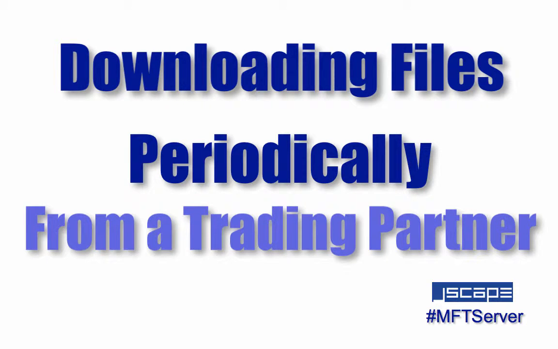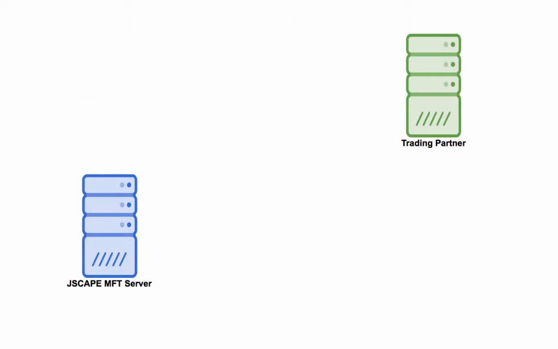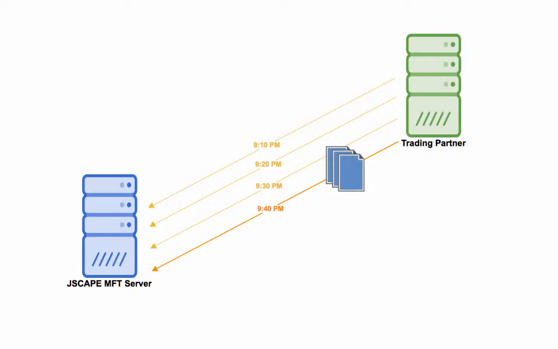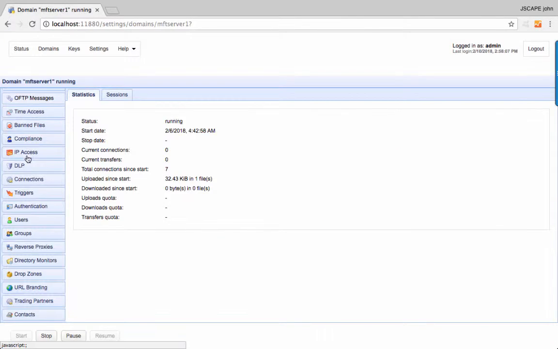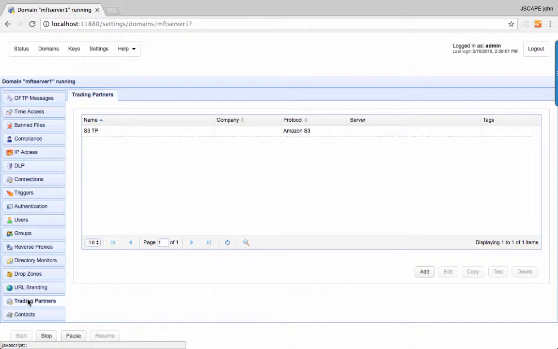In this video, we're going to show you how to download files periodically from a trading partner. For this particular example, we'll be setting up Jscape MFT server to connect to a trading partner every 10 minutes, download all files from a particular folder, and then delete each of those files from the remote server as soon as the download succeeds. We'll be assuming you already have an existing trading partner object configured on your Jscape MFT